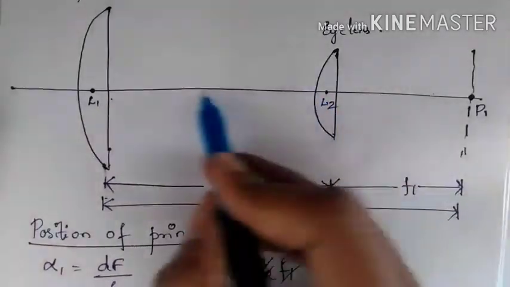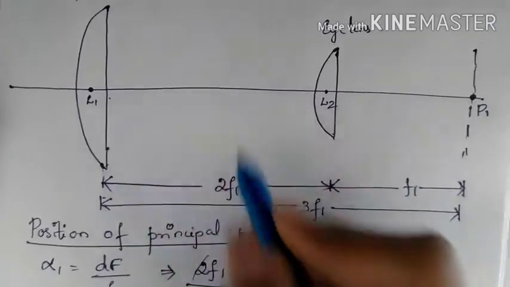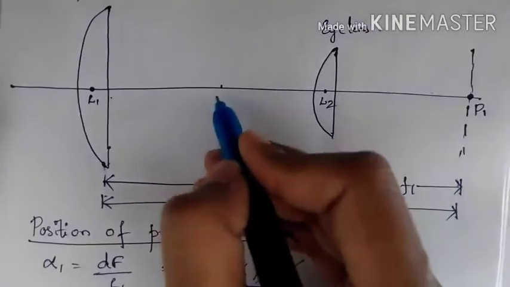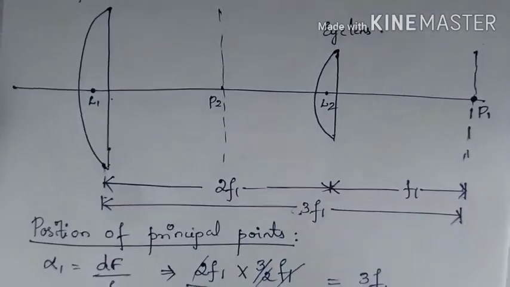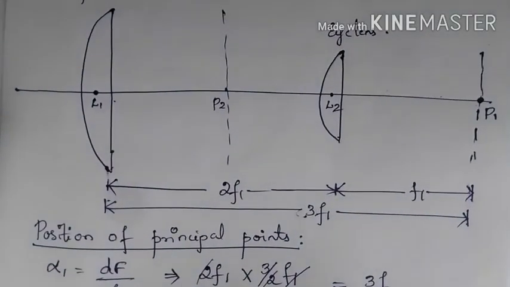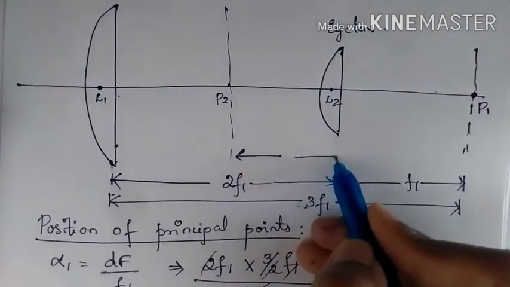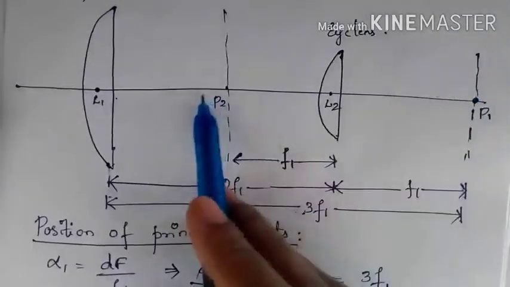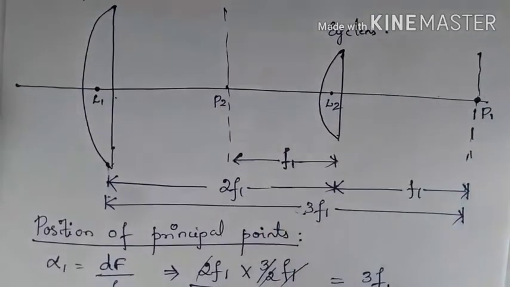So from the eye lens you should come in the opposite direction, then you will get the f1. So if this is 2f1, this point approximately here will be P2, and that is the second principal point, and this plane which is passing through the P2 is the principal plane, and this distance from here to here is f1. So we found P1, P2 and the plane, first principal plane and the second principal plane.